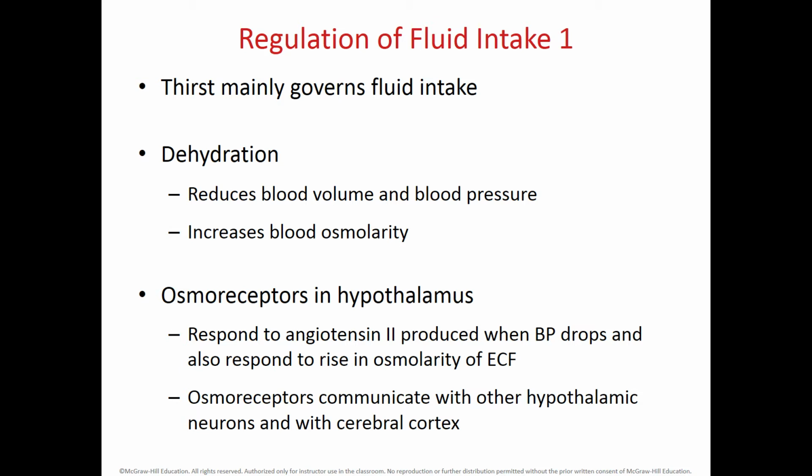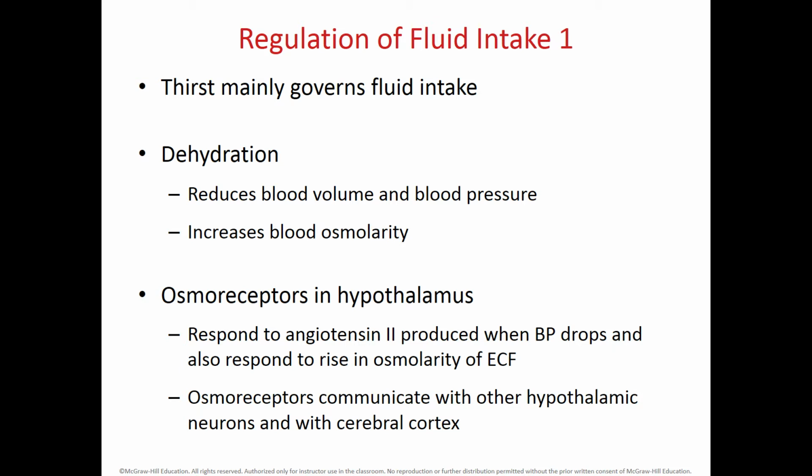If someone has hypotension for whatever reason, possibly the person has a hemorrhage, these osmoreceptors indirectly will detect this change because you have these baroreceptors within the carotid bodies that will send a signal to the osmoreceptors, and then also you will have this mechanism activated, the renin-angiotensin-aldosterone system that we talked about last time,